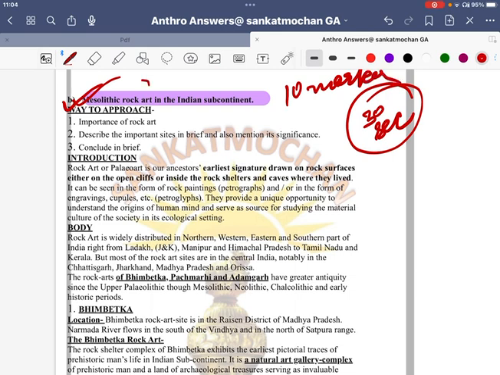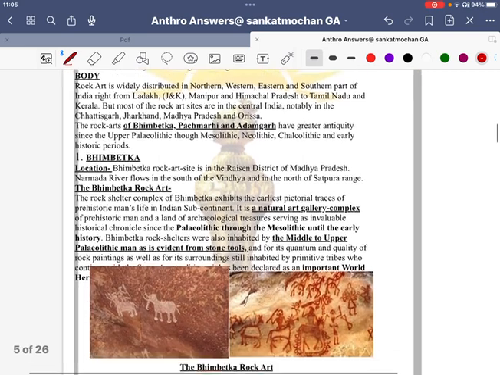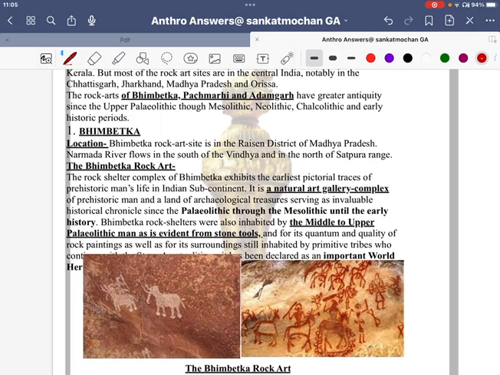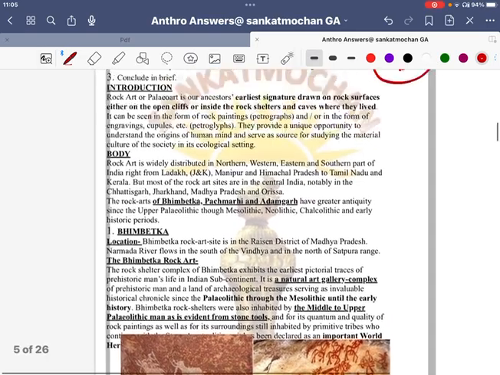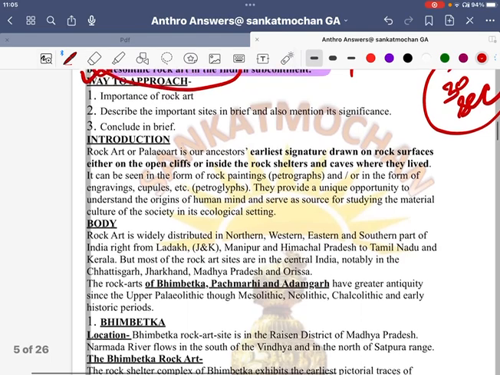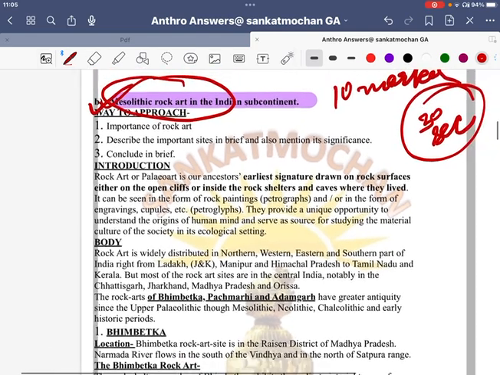And this Mesolithic rock art is not only a part of anthropology but also a part of history. So somewhere down the line you have been through Bhimbetka, Panchmarhi, Adamgarh, and this is what the question is demanding from you. You cannot draw as we have drawn here, but slight sketches of anything will do. What we can initially do is jot down which all are the parts of the Mesolithic.